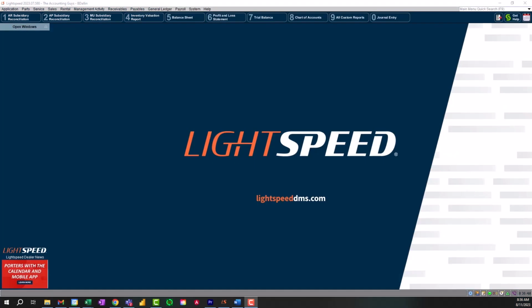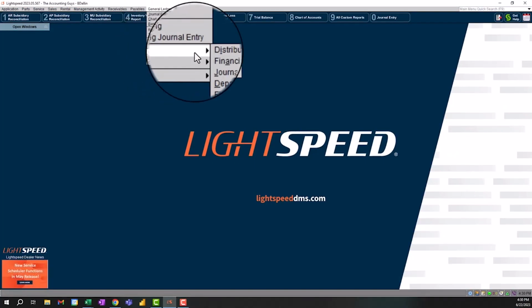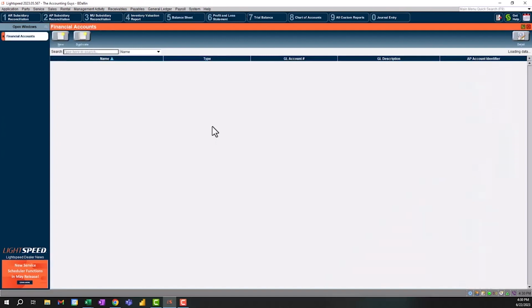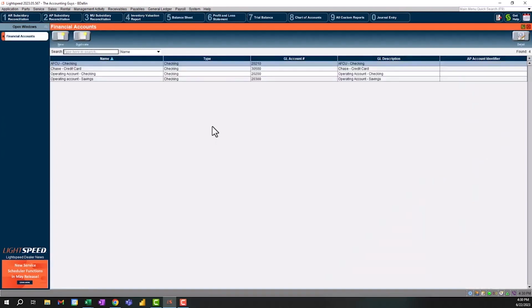So first, let's go up to General Ledger, then down to Lists and Financial Accounts. A financial account is used when you're in your pay invoice screen to be able to pay for invoices, and it's also typically used for your bank accounts or credit cards, lines of credits, or loans. It's the ability to help you check off and make sure that you've recorded everything that's coming through the specific